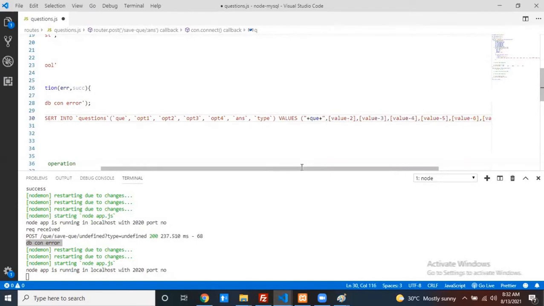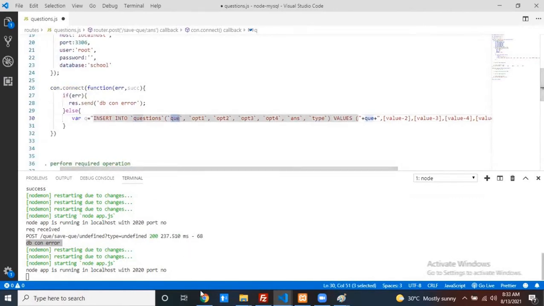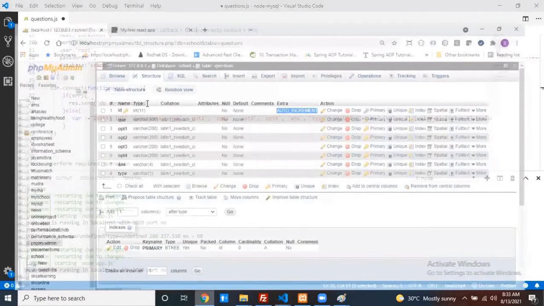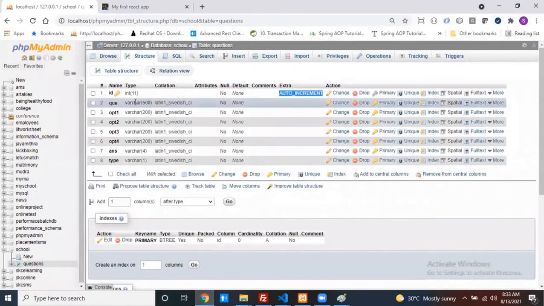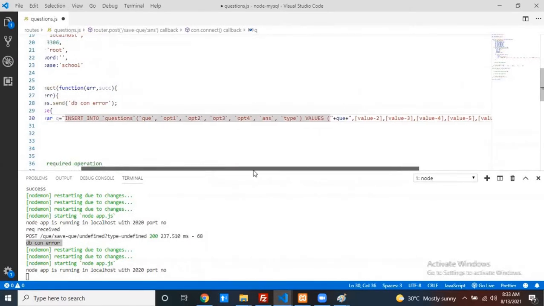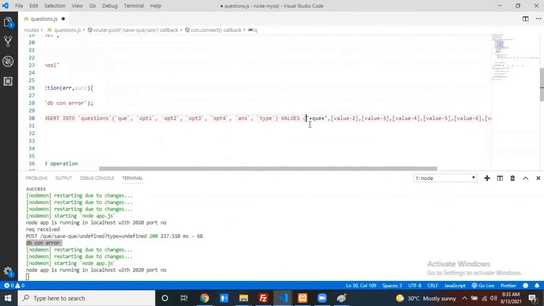Now the next thing is my question column. This is my question column. My question column data type is what? It is varchar. If any column data type is varchar, that data should be enclosed in a string format. String is nothing but what? That should be enclosed with either single quote or double quote. Already we used a double quote, so can we use a single quote? These backticks, they just used it. If you want, you can remove it, no problem at all. They just added it, nothing more than that.